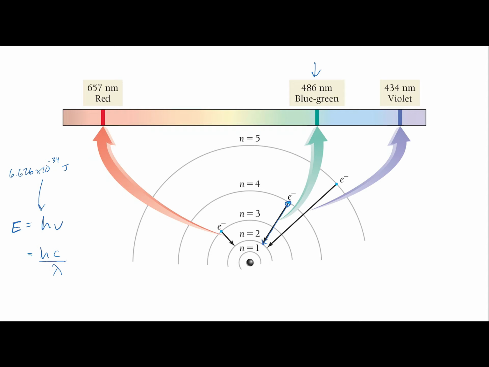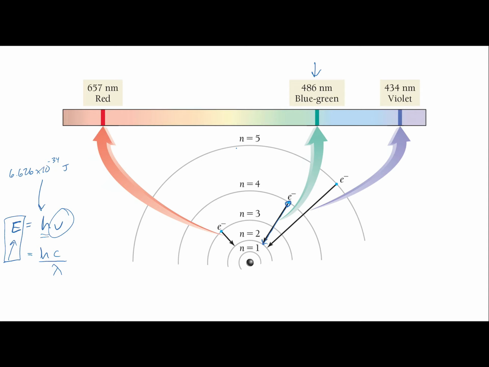Another thing we can do is, if we know the energy, we can figure out what wavelength of light that would have to be. Because if we know the energy and we know what Planck's constant is, i.e., the penny, the basic unit of energy, then all we would solve for is frequency, which we could then turn into wavelength. So we've got two things here. We're able to use the light energy coming off of atoms, the light wavelengths, the color of light, to find out their frequencies and wavelengths,